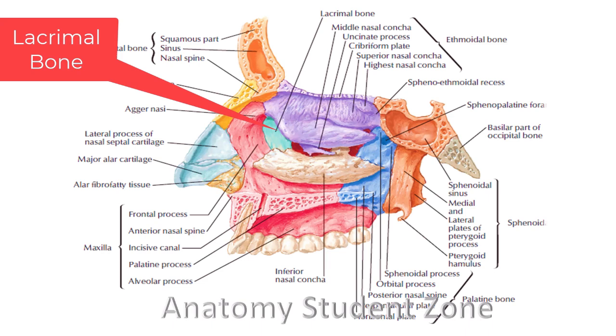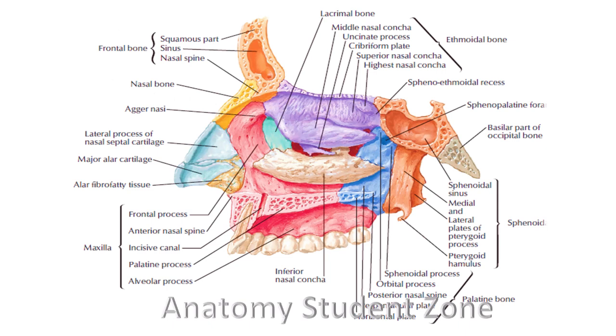So in this way, like we have five fingers in our hand, five bones contribute to the formation of the lateral wall of the nose, and they form the bony framework of the lateral wall of the nose. After covering the bony framework, it's time to understand the nasal turbinates, nasal concha or meatus, what these are.